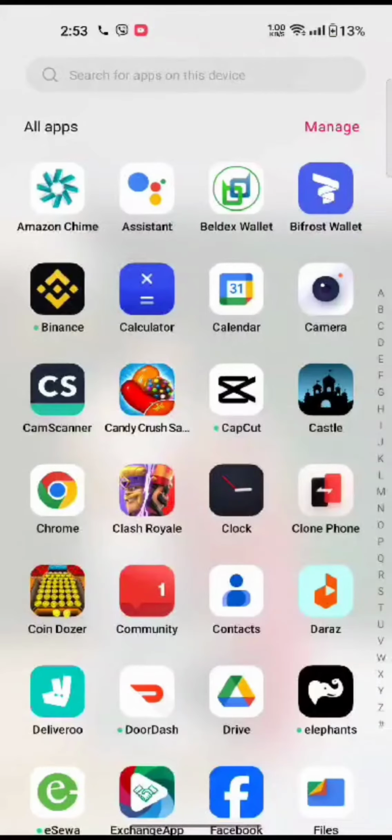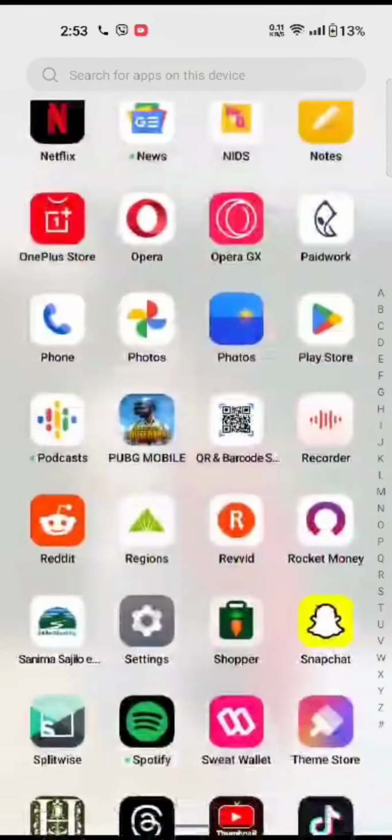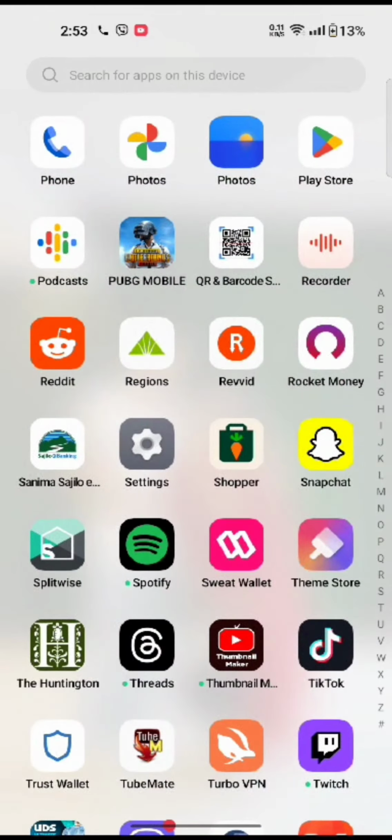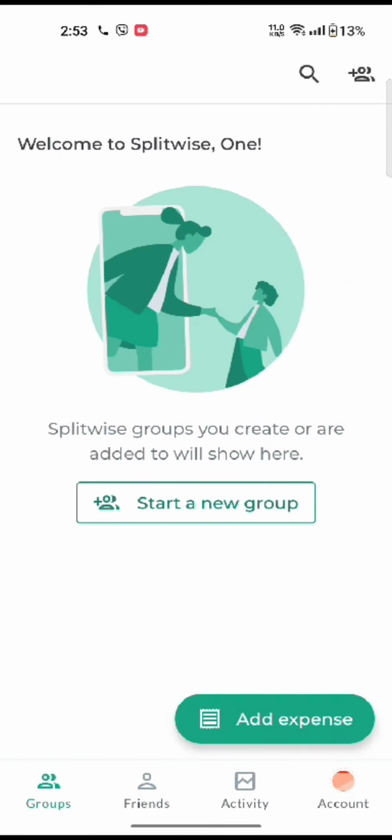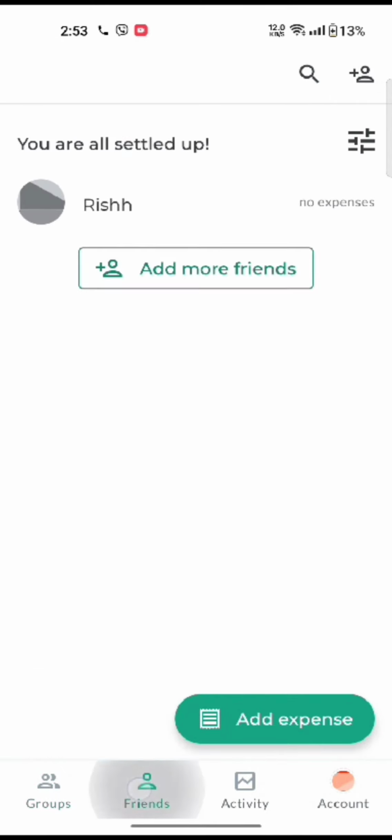To pay someone on Splitwise, firstly open your Splitwise application. The homepage of Splitwise will appear on the screen. You cannot directly pay someone on Splitwise, so all you need to do is tap on the Friends option on the